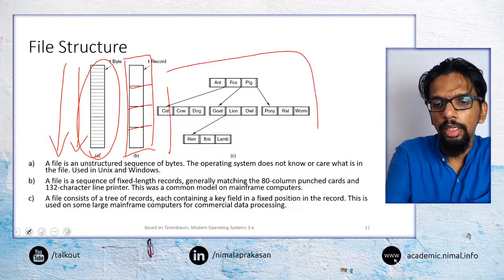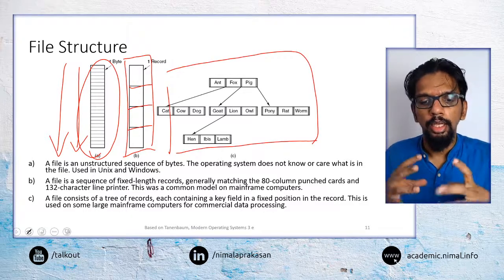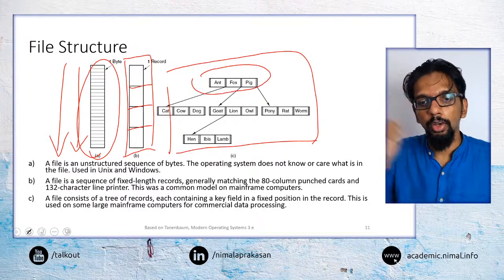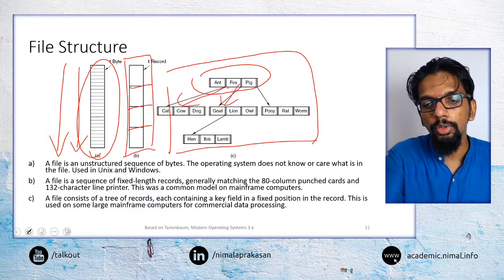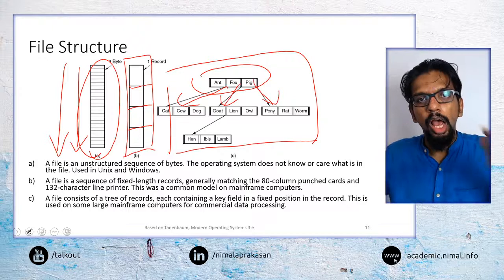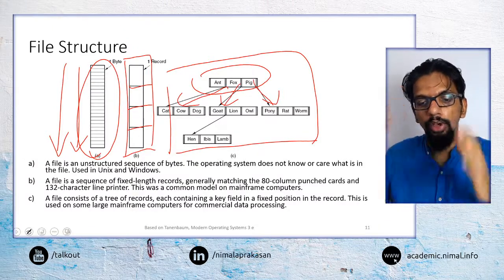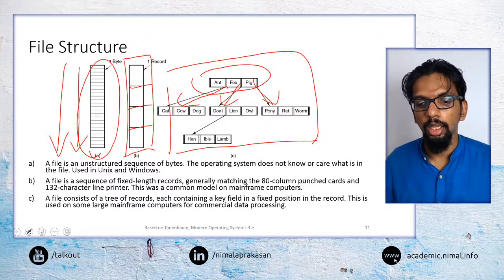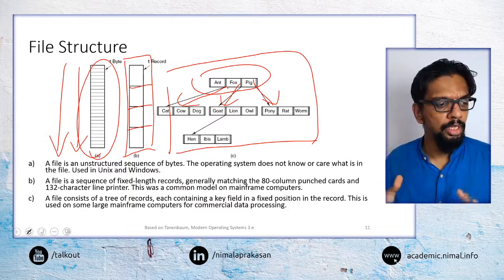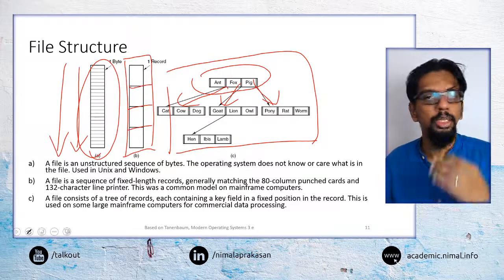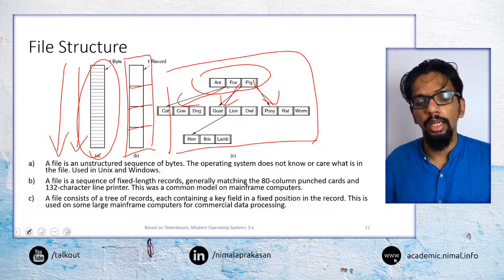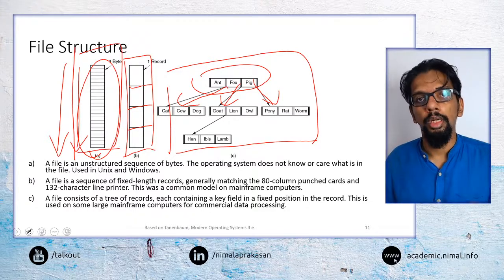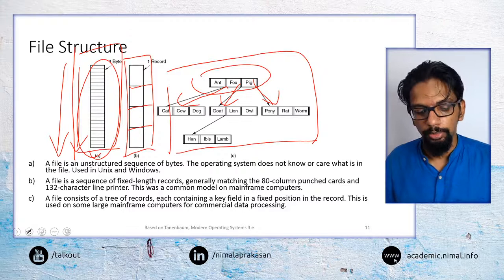And the third category of files are what we identify as a tree of records. So we would start with a set of records and then again they would point to a further set of records and so on. These are a sort of hierarchical structure of data. So again, you may come across these in certain large mainframe computer environments, but when we think about typical computing that we may do these days, even in large scale environments, these sequential files are the most common type of file that you may encounter.